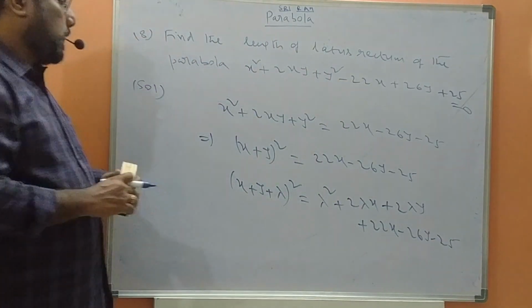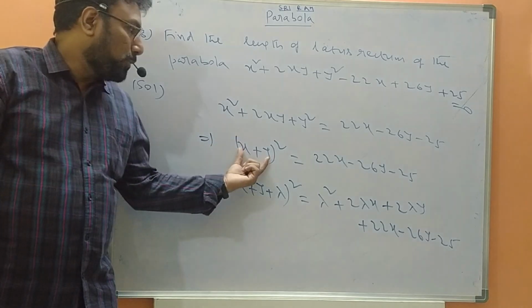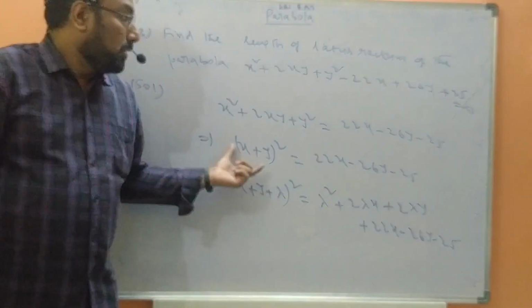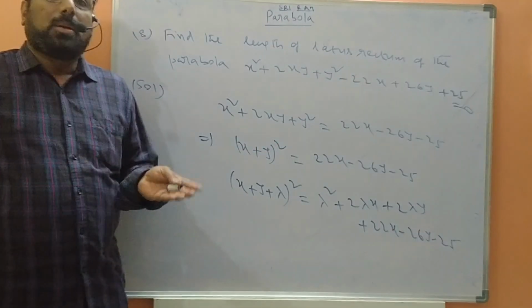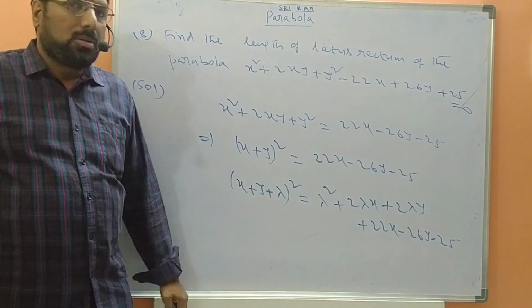It is a key point. Because the left hand side line, if you take it as only x plus y equal to 0 and only RHS equal to 0, they are not perpendicular. So we are going to convert them into perpendicular lines in the LHS and RHS. For that, adding plus lambda whole square.